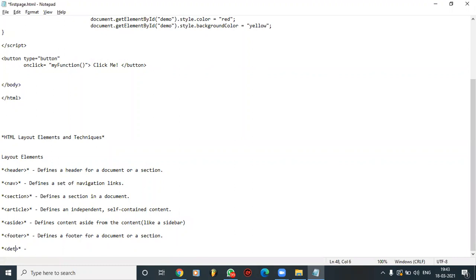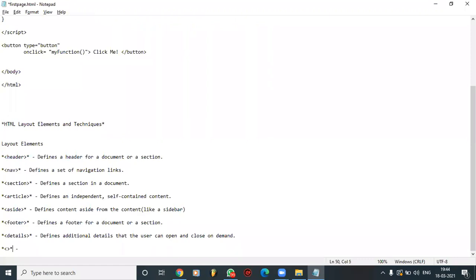Then comes details, which defines additional details that the user can open and close on demand. Then comes summary, which defines a heading